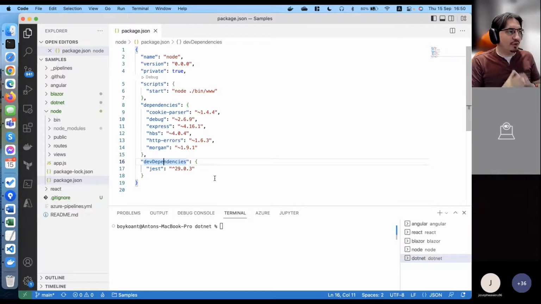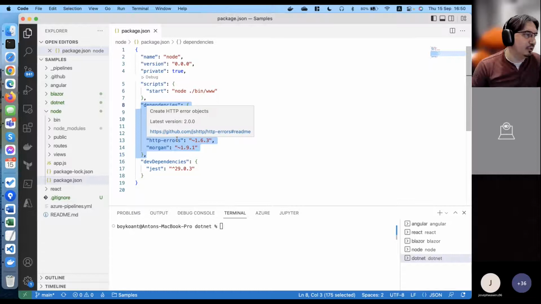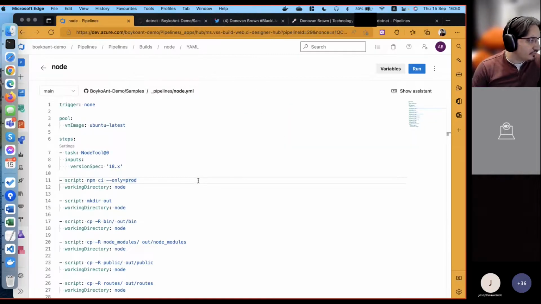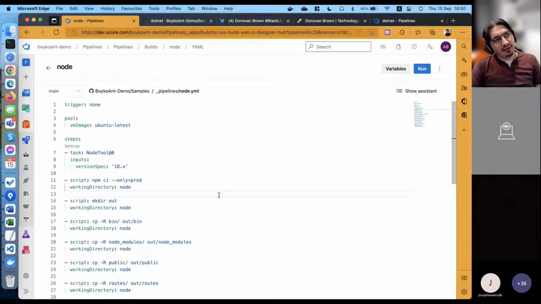So that is why I want to ensure that when I run the npm ci or npm install commands, only those which are under dependencies will be installed. And I'm doing that with this flag, dash only prod. So the thing is now it really depends on which exact framework you are using within Node.js itself. I'm using